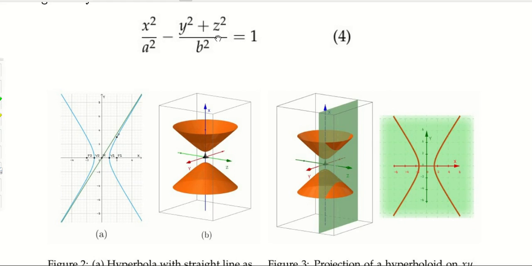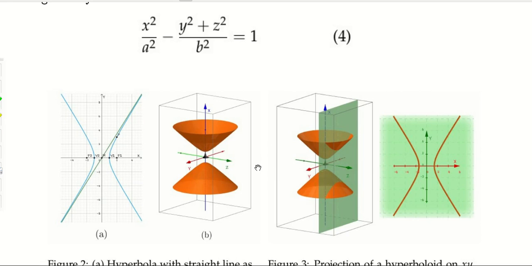Say if we fix z, that is z is equal to constant, then it boils down to x square by a square minus y square by b square is equal to some constant. This will be the equation of a hyperbola. z equal to constant means the xy plane, so if we take the projection of this hyperboloid on the xy plane, it will give you a hyperbola. If one needs to project onto the yz plane, which is the horizontal plane in this picture,